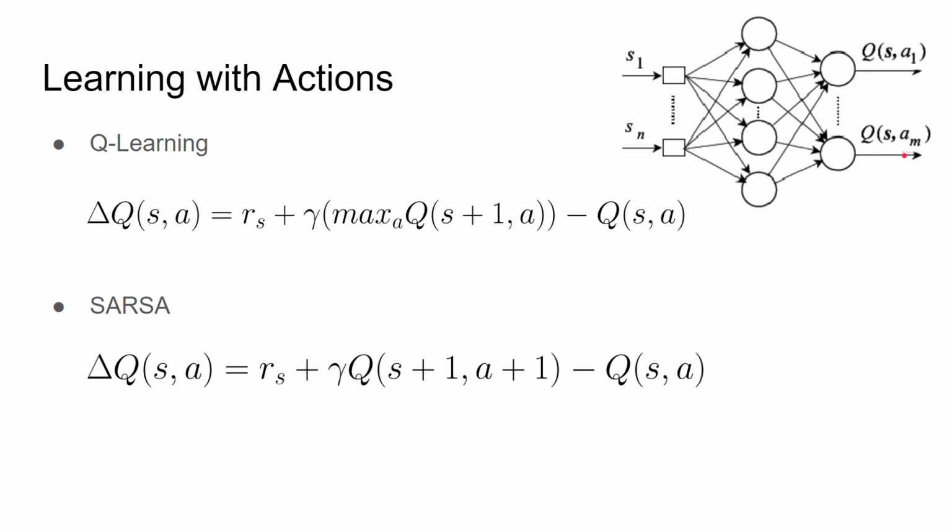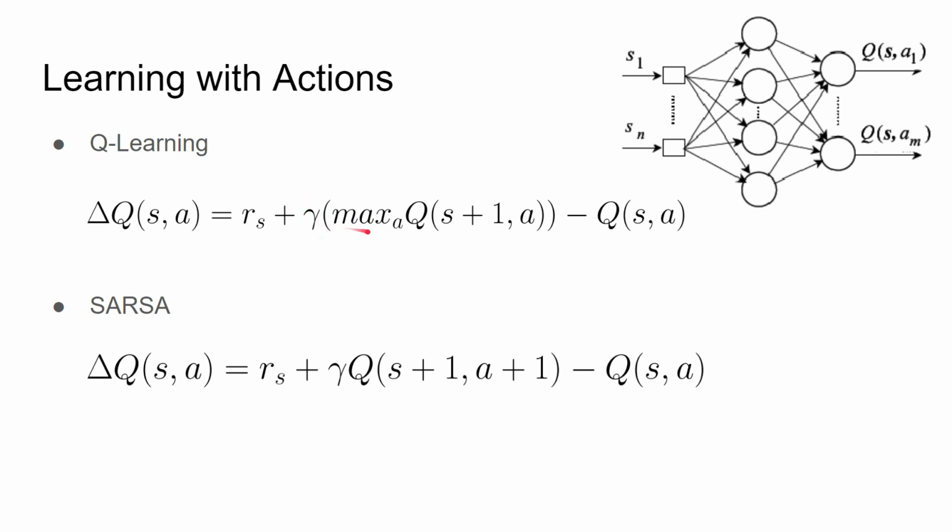We have the same conceptual learning rule: how do we update this? We update this with the reward minus what we thought our system was. But then we've got some interesting options for what's going on in the middle here. In theory, what we should do is say, whatever action I end up in, if I want to figure out the value of a particular state and a particular action, really what that should be is the reward from that state,